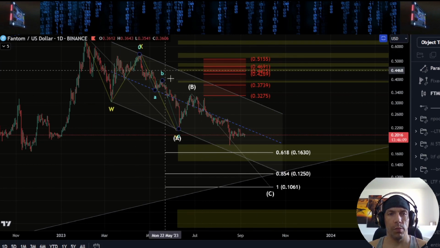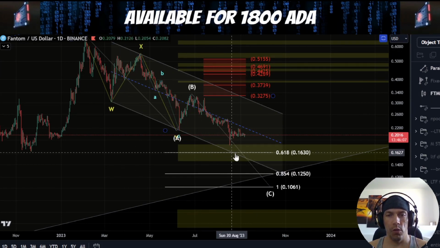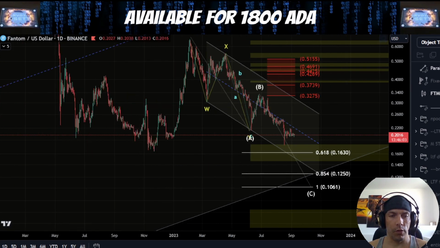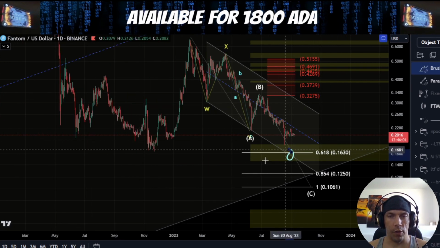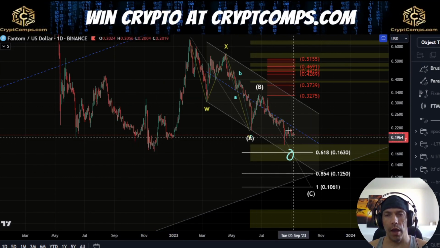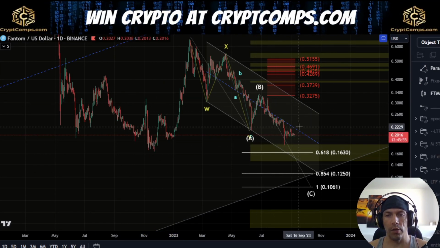this. We are still respecting this channel, so if we do move back down here towards this 1630 level, this would be quite an interesting zone because we would get an interaction with the channel. We'd also look to sweep this low here. So I'd want to see exactly what happens around this level if we do see price looking to push back